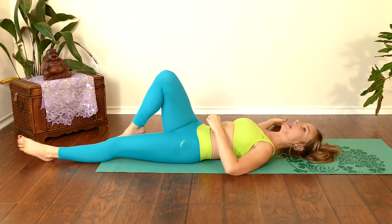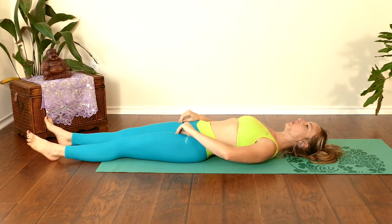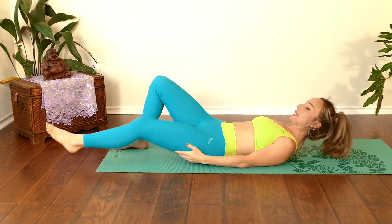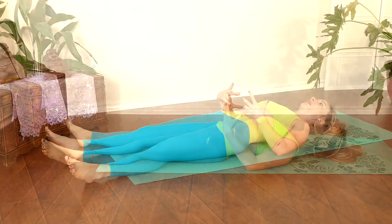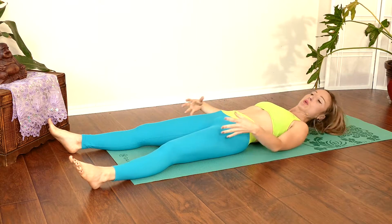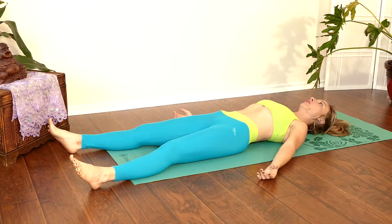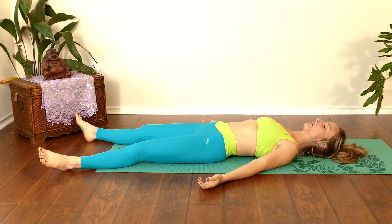And release. And we're gonna end with Shavasana, corpse pose. So you can just find a position that's most comfortable for you. If you feel any fatigue in your low back, you can just separate your legs a little bit. If you have a pillow or something that you can put underneath your knees, that can help relieve that fatigue as well. So just close your eyes, relax your face, let your whole body feel like dead weight,